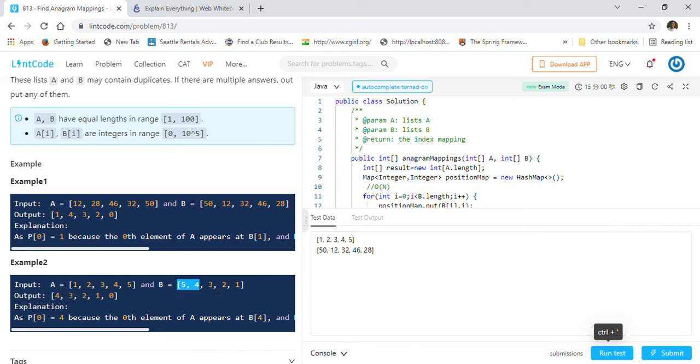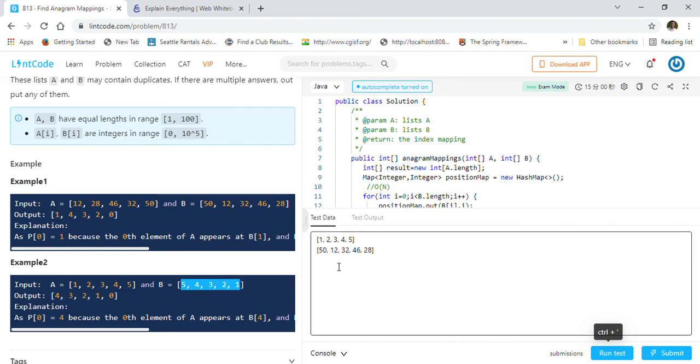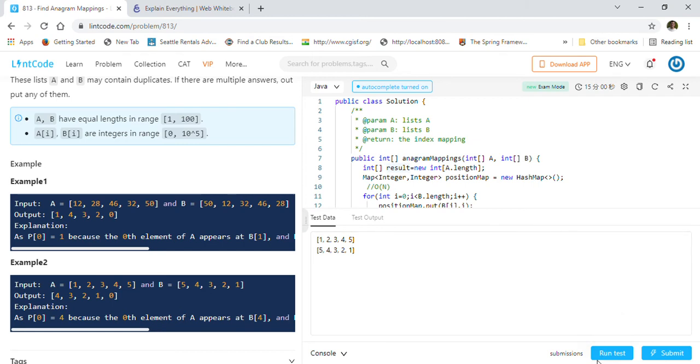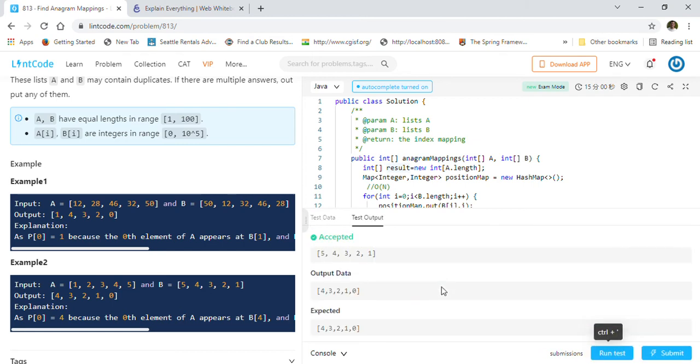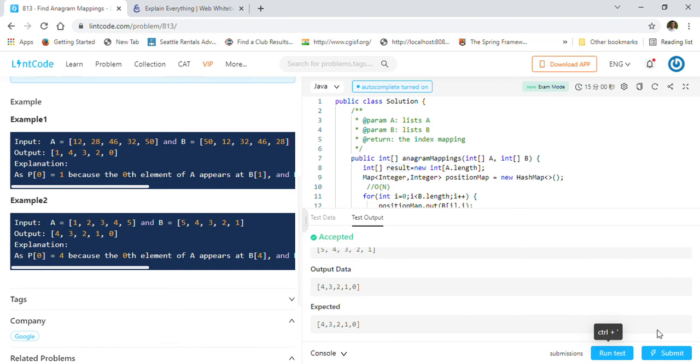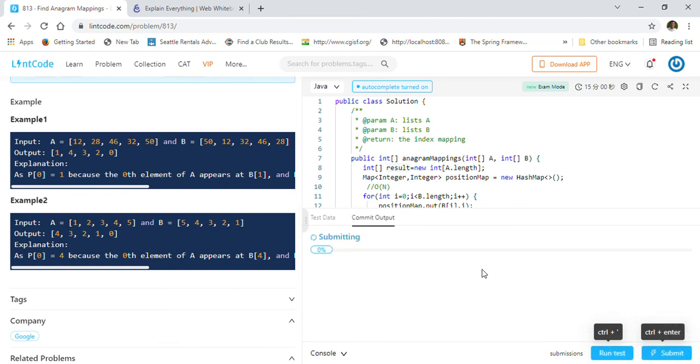Whenever we are submitting, we should check with all these examples preferably. It should pass all these examples. So here also we are getting the correct answer, right? 43210, 43210. So we are now in a good position to submit this.